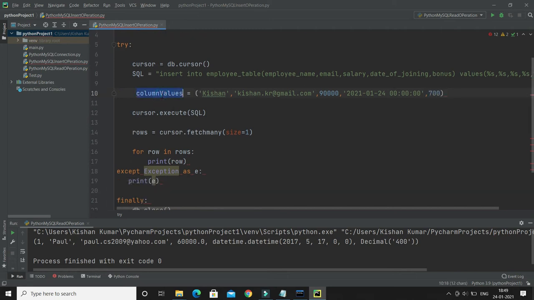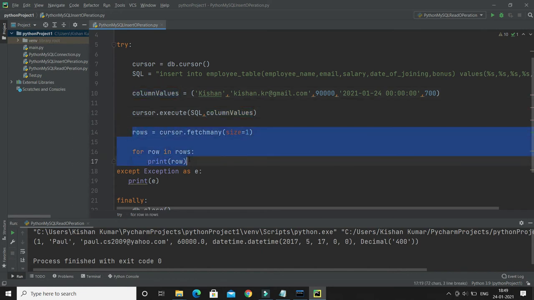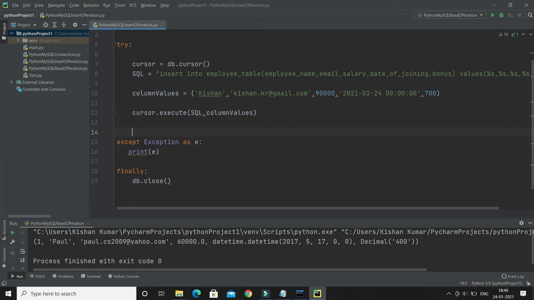And now these column values, so there is an indentation error. Now these column values you have to pass in the execute. So we have an overloaded execute method, right? There the first thing you have to pass is the query, and second the values for all those columns as a tuple, right? And now this select statement I'm going to remove, because now we would like to insert some rows in the database. So as of now a single row, right? We'll see how to insert multiple rows.